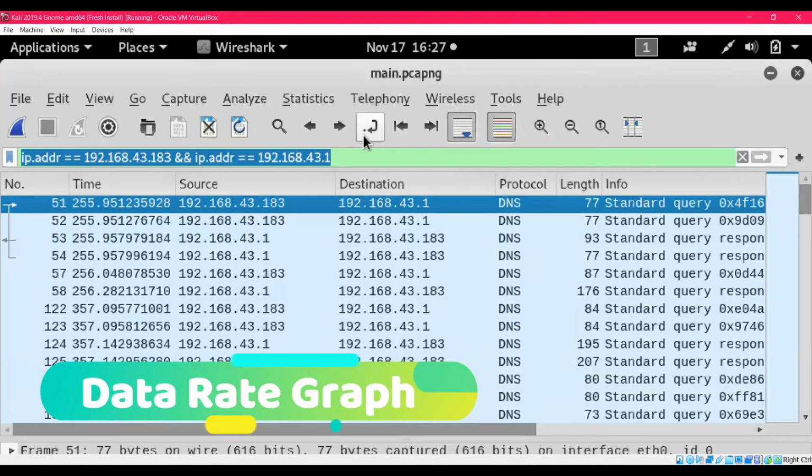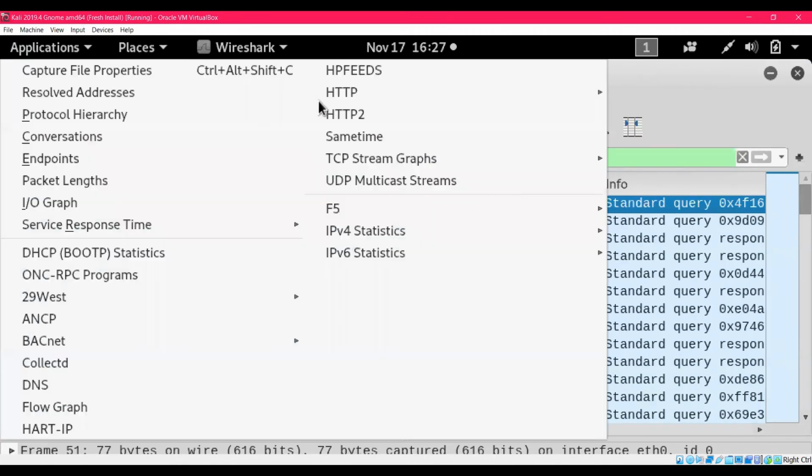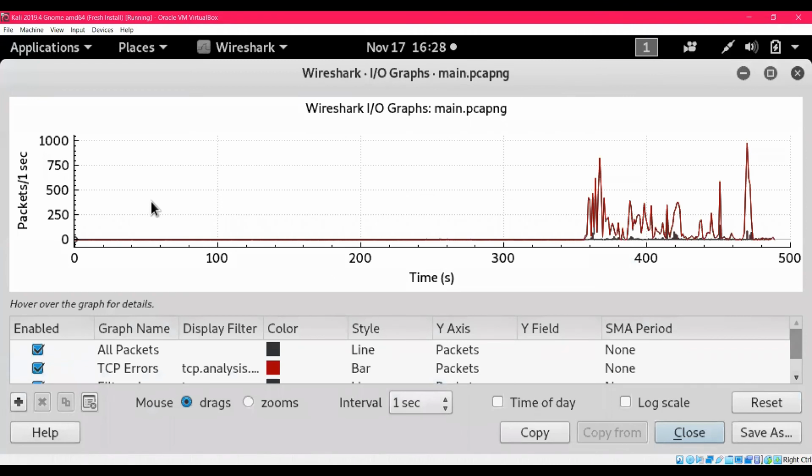Next, we are going to look at the data rate graph. Here, we can go to statistics, and then under statistics, we'll have to select IO graph. Now, in this process, we are going to look into the server's IP address in the display filter tab and change the y-axis to bytes.